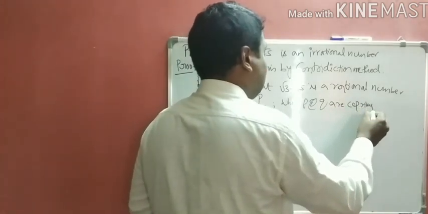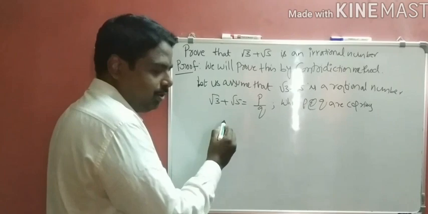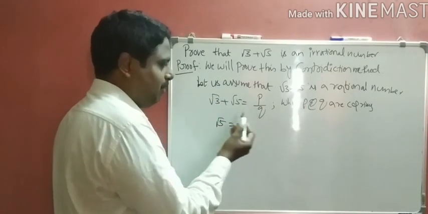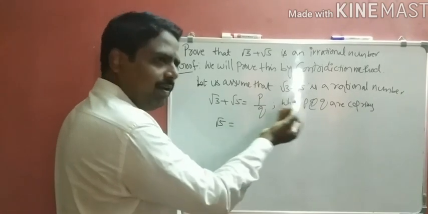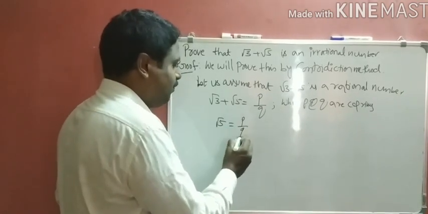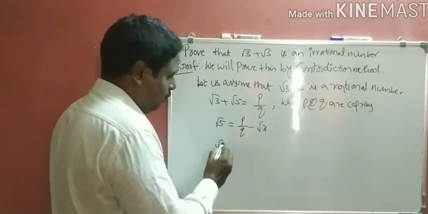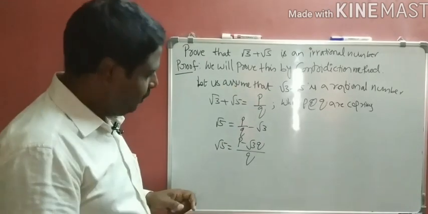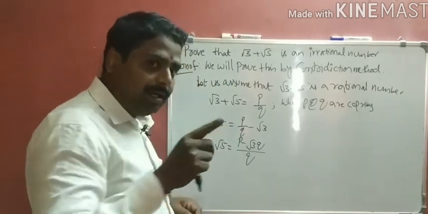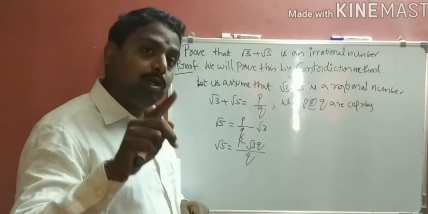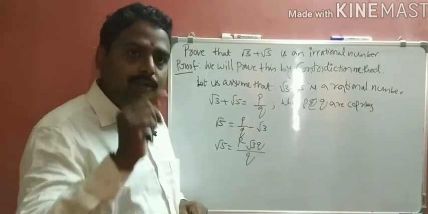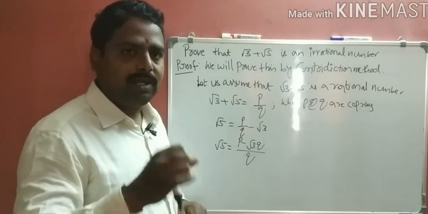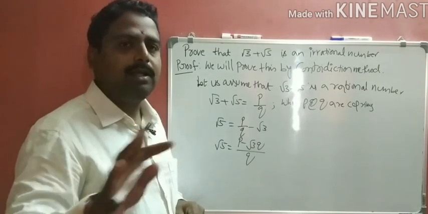Okay. So, let us do the simplification here. Take root 3 to the right side, or root 5 to the right side, whatever it may be. I am taking root 3 to the right side; you can take root 5. So, p by q minus root 3. So, root 5 is equal to p minus root 3 q, over q, where q is the LCM. Here we know already from the previous session that root 2 and root 3 are irrational numbers. Similarly, we know the general rule that root 2, root 3, root 5, root 6, root 7, root 8, root 10, root 11 are all irrational numbers.